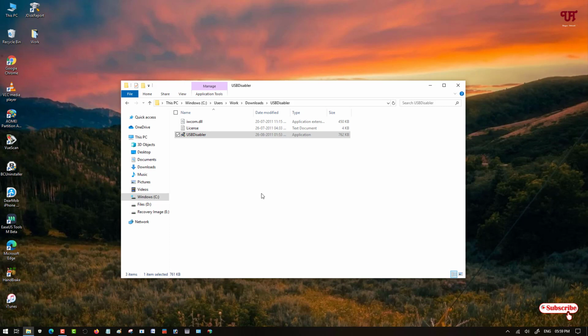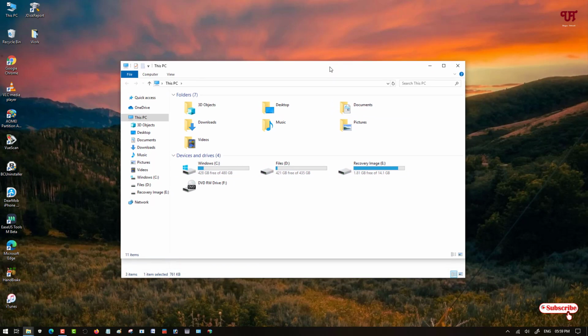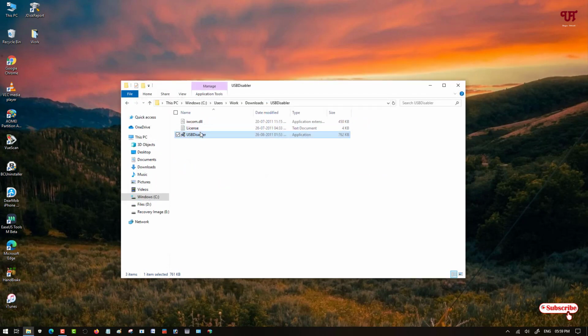So let's find out by going to This PC whether my pendrive is detected or not. So you can see there is no USB pendrive showing here on my This PC. So let's run this USB Disabler again,